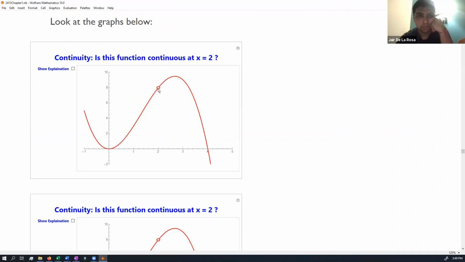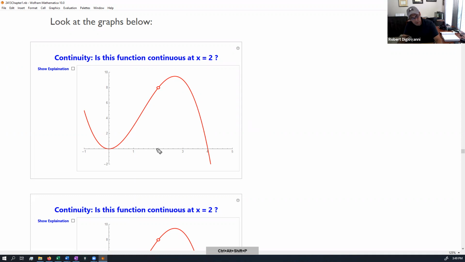Do you all see the hole? Right? We've got a hole. Now, that doesn't fly in terms of math, okay? We have to have a more precise idea of continuity. I can't just say, can you draw without picking up your pencil? It's got to be a little more rigid than that. So let's look at what's happening here. If we take a look at this x value, which happens to be 2,